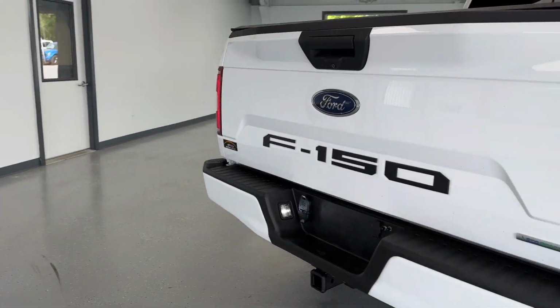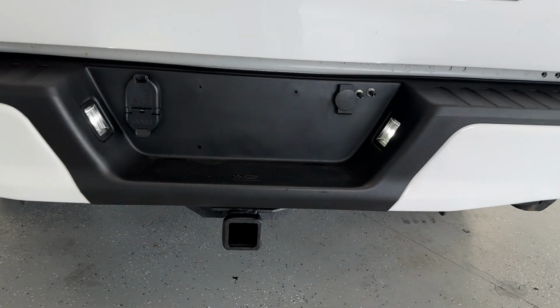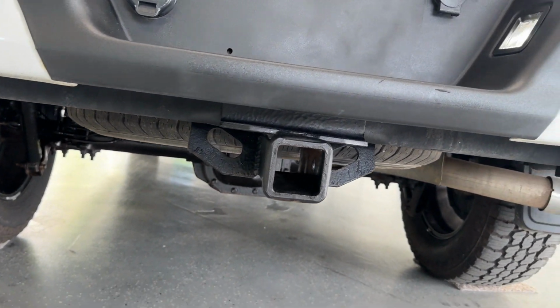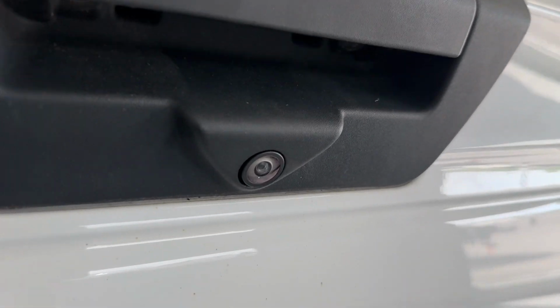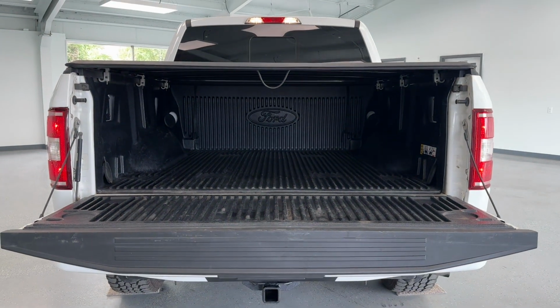As you may have already noticed back here, this vehicle does come with a pre-installed tow bar for a trailer hitch hookup, and right behind it you do have a spare tire if you're ever in a pinch. You also have a backup camera to help you whenever you're parking or going in reverse. I will just open up the tailgate to show you how much space you have in the bed. And as you'll be able to see, it does go down by itself without slamming,